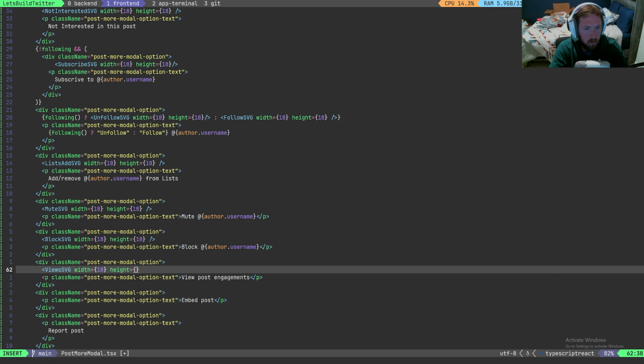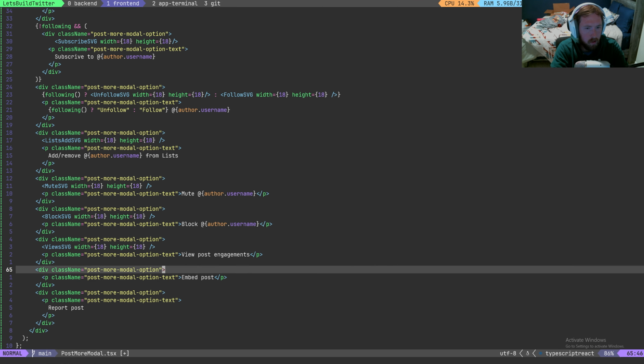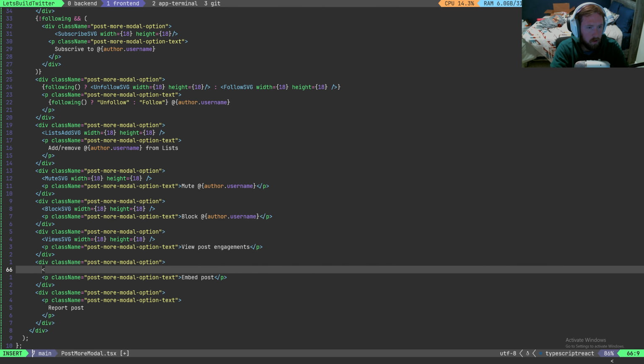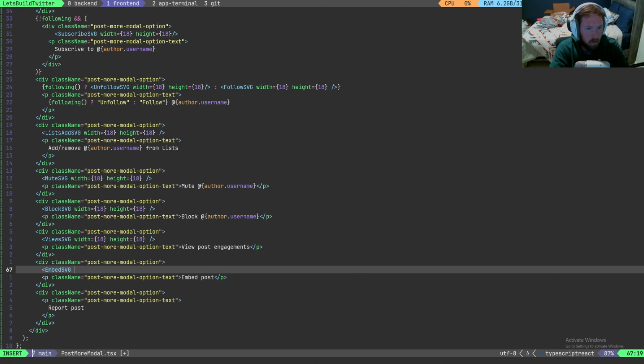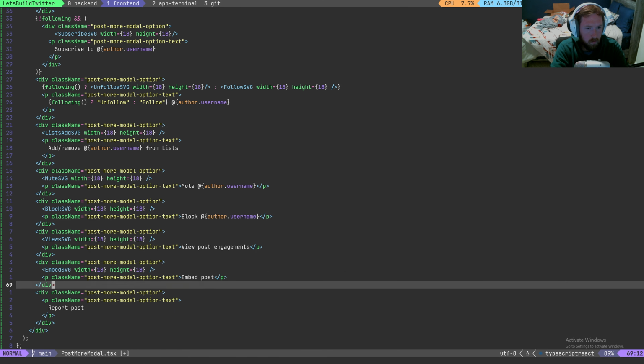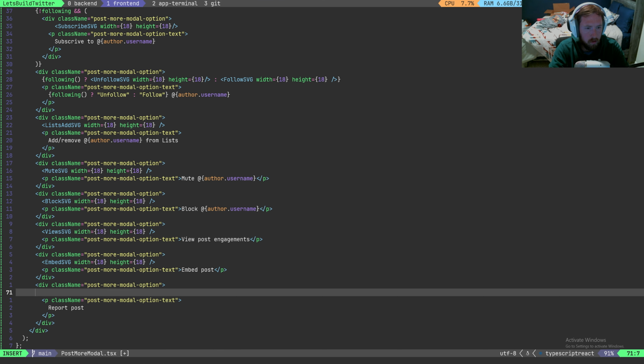And height is equal to 18. Also, I don't know why I do width first. Here it is what it is, I guess. And then here we'll have our embed SVG, width equal to 18, height equal to 18, and then finally we'll have our report